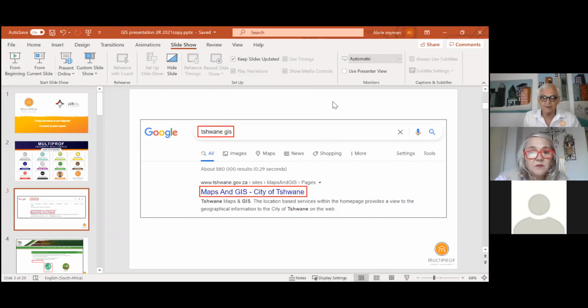All you have to do is go to Swanee GIS, meaning Geographical Information System. That is the website where they keep lots of information on properties, and they are expanding on that. So go to Google, type in Swanee GIS, and then you will see Maps and GIS City of Swanee. You can click on that, and that should take you to